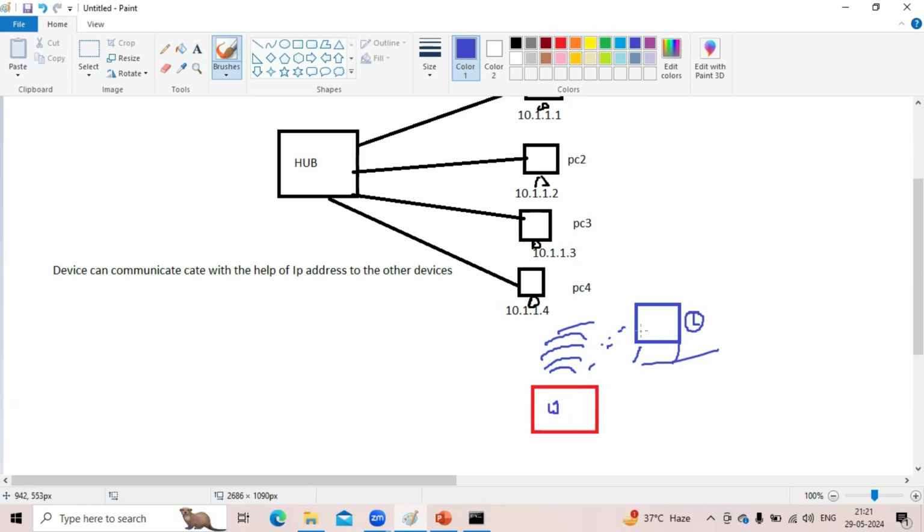Suppose from your mobile phone you are using the hotspot, giving the network to another device also. That entire thing comes under networking, right?